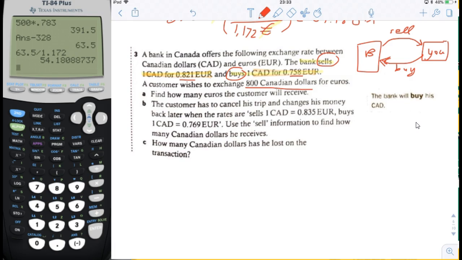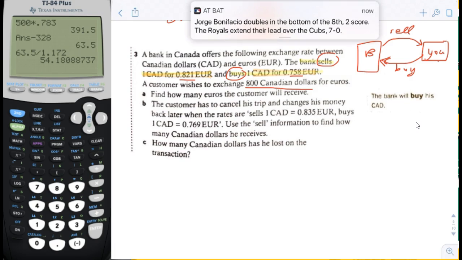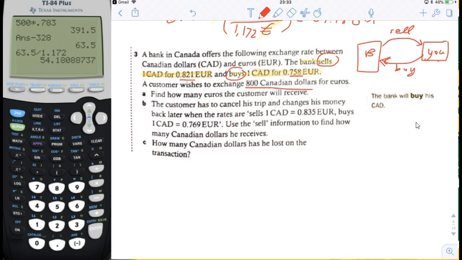Well, the customer has 800 Canadian dollars. If the 800 Canadian dollars is going to the bank, the bank is buying the Canadian dollars. So if it's buying the Canadian dollars, we're talking about this exchange rate. So the first thing we're going to do is change the customer's Canadian dollars